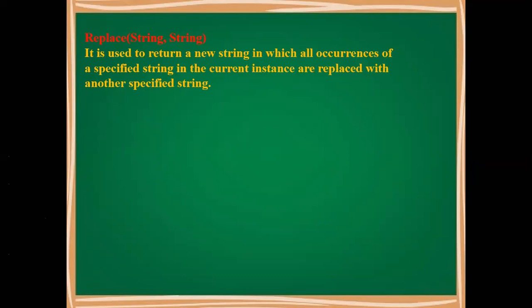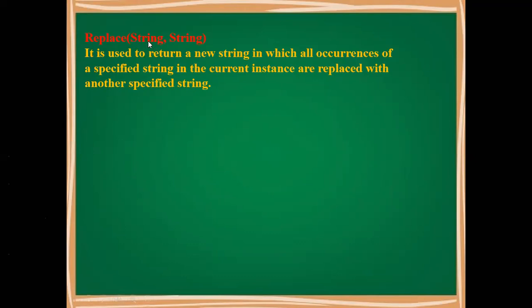So in insert, what happens? Whatever words you want to provide in the string will be inserted in the string, and nothing will be removed. But replace means removing a particular word, and in the exact place of that particular word or character, you can add something. So you are not going to add an extra thing, but you are going to remove one thing, and in place of that thing, you are going to add something else.